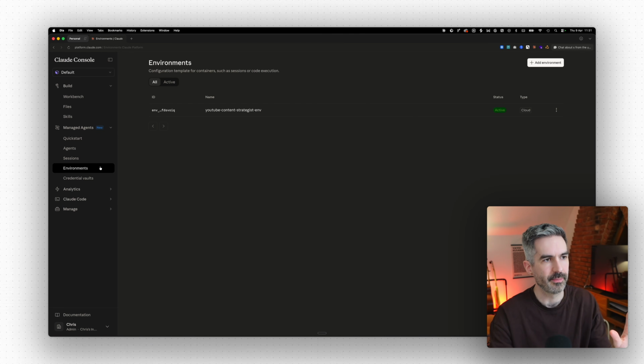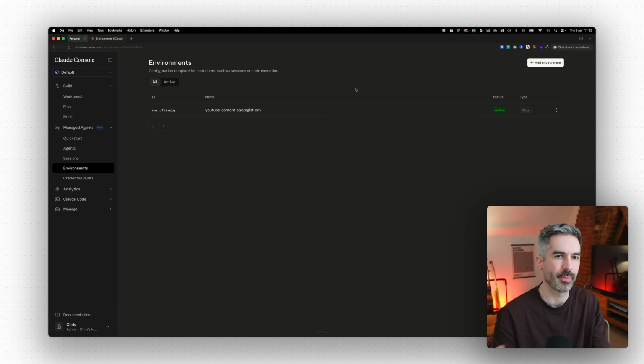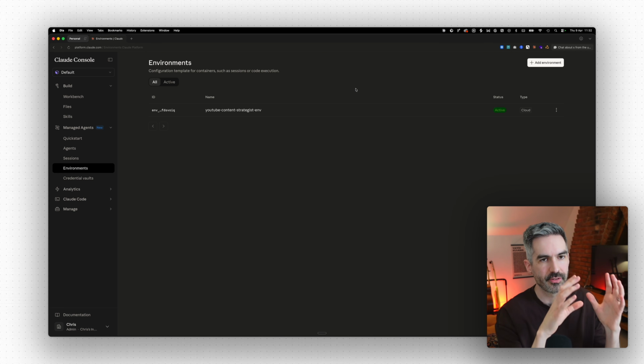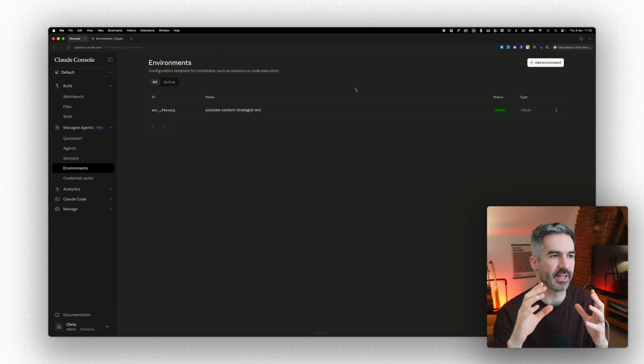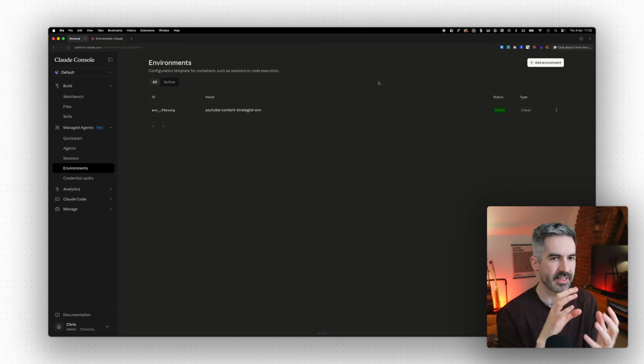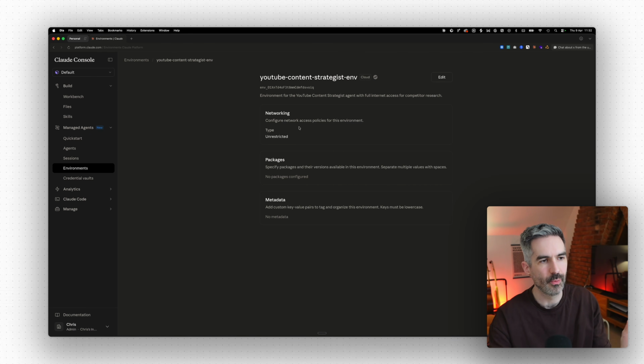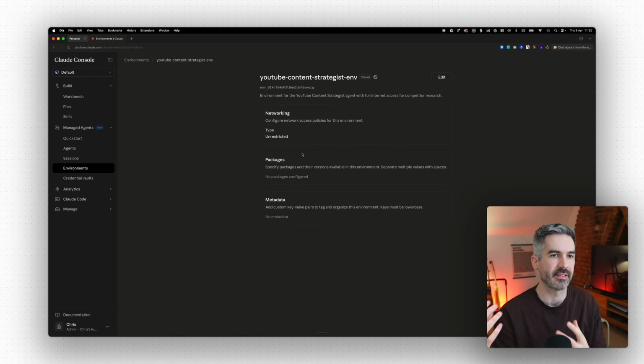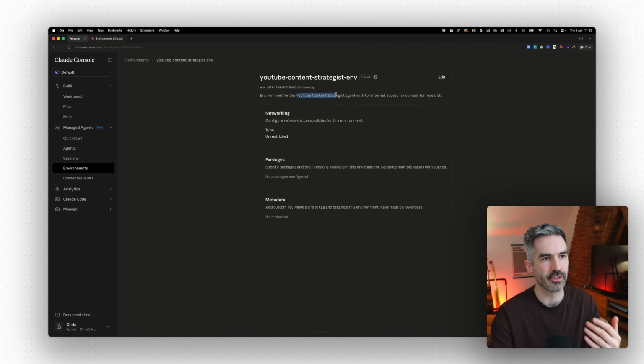The third concept here is environments, which is basically the environment that you create for your agent to run in. Now, what is incredibly powerful about Claude Managed Agents is that these agents are running in Anthropic's own cloud infrastructure. So you don't have to deploy your own agents. You don't have to figure out the tech. It's all deployed on Claude's cloud infrastructure so that you can get up and running with agents very, very quickly. And basically the environment is like the sandbox, the environment that the agent operates within, and the different networks and packages that the agent has access to. So you can see this agent here, my YouTube content strategist that I've just set up quickly, has full internet